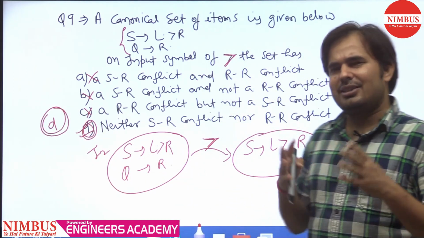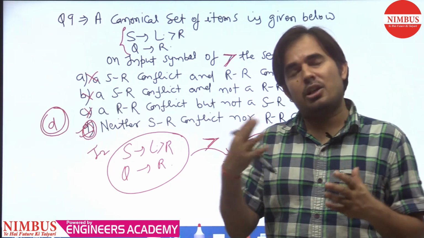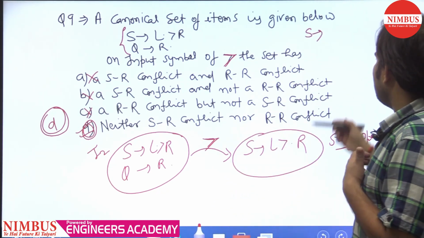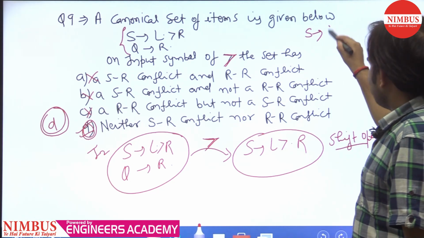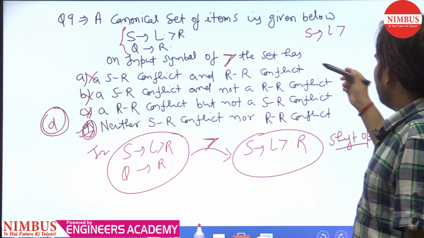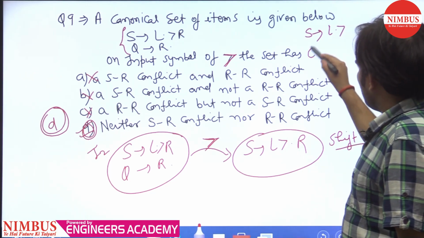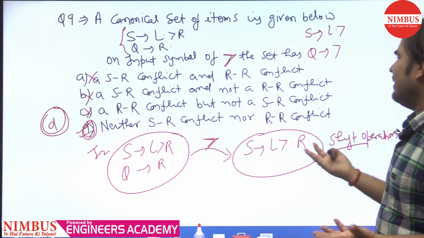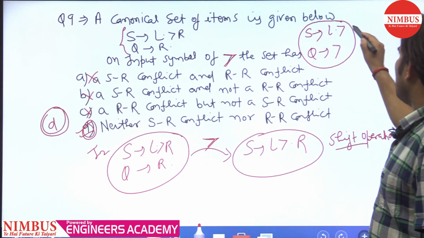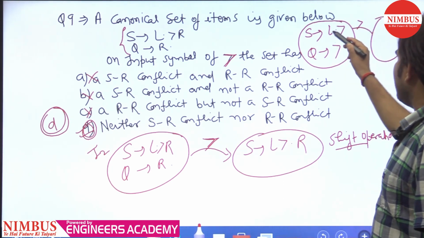So I am going to give you extra information, means how you can see whether there is a shift reduce conflict or a reduce conflict. So you can see it like this. Suppose you have a canonical set of items state like this: S dot greater, and you can take Q tends to greater than only operator, like this. So this is any state. So when you give this greater than operator on this canonical set of items state, then what you will get is that this dot will shift here.